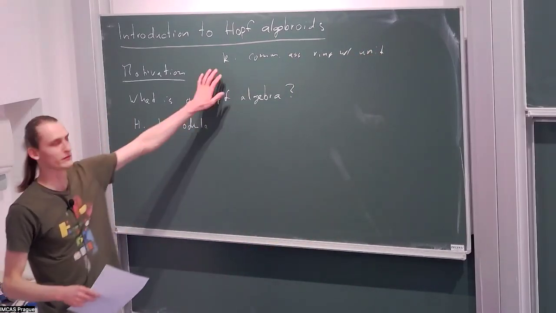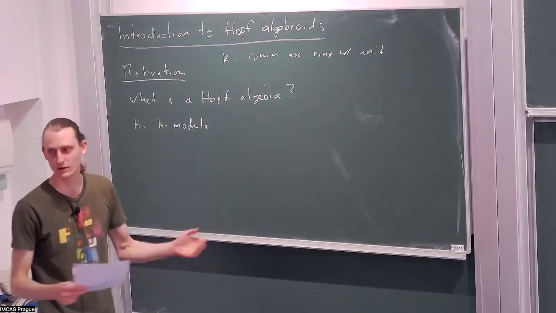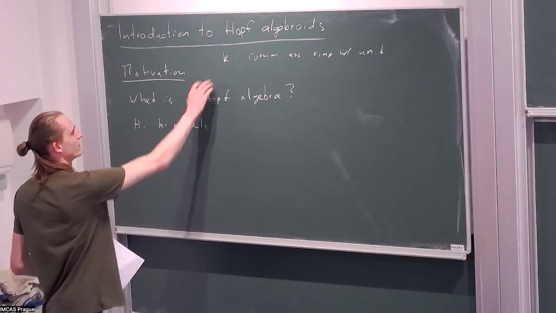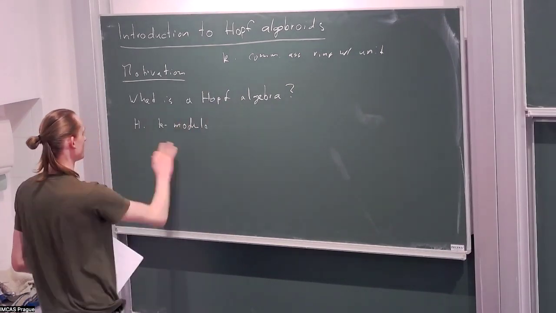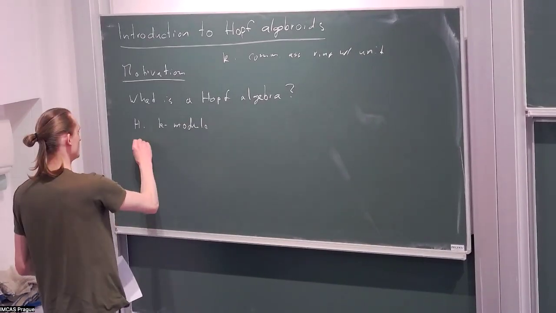Maybe if you're uncomfortable with this, you can think of K being a field, but this doesn't make the talk any easier. So I take it as a commutative ring. And then a Hopf algebra consists of two parts. First, we have an